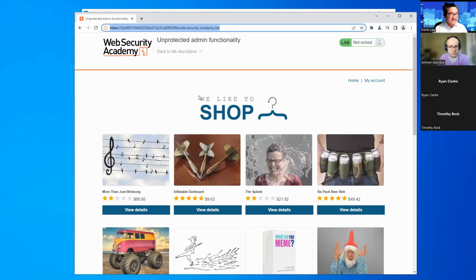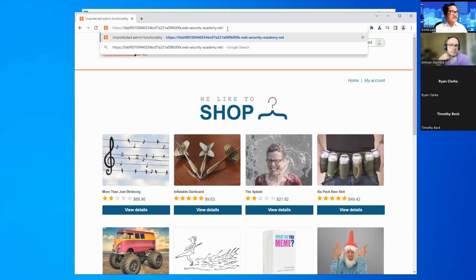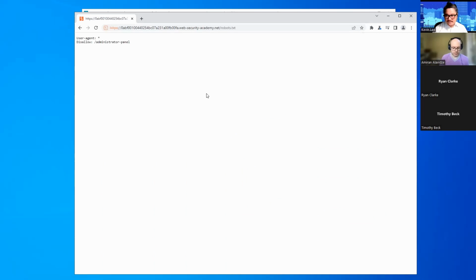So we go to the end of our URL over here, and then we're going to go to the endpoint robots.txt. If you've heard of the robots.txt file, please type robots in chat. Timothy Beck has, Anthony, Jason, Amaran, we all know about the robots, okay.